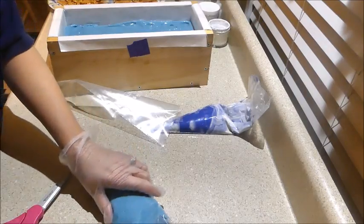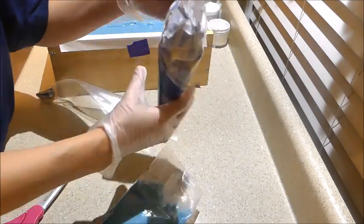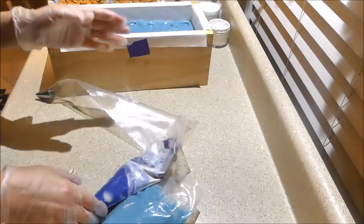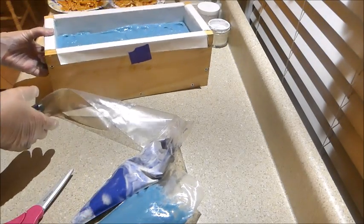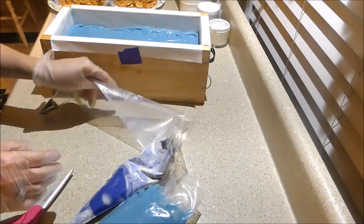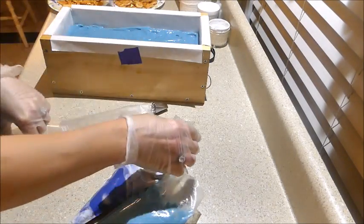Back. I'm going to show you what I'm going to do next. I put this in one bag, and I mixed the white and blue and put it in this bag. I had extra of this, the turquoise that wouldn't fit, so I just spread it on the top. And I have a bag that's a little bit larger, and I'm going to hopefully fit the two of these